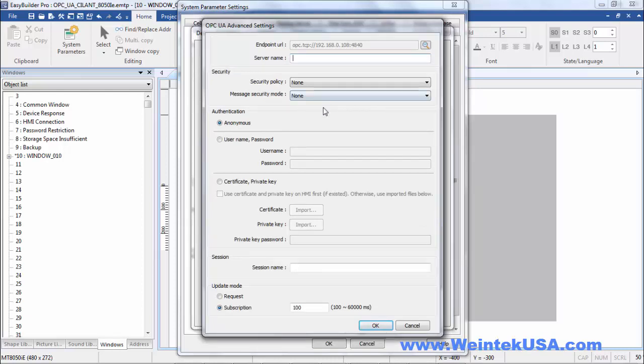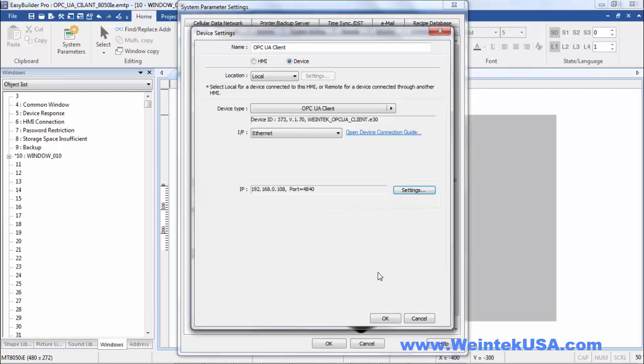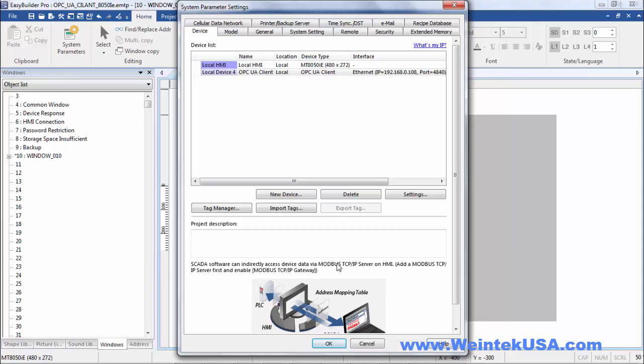And we're doing no authentication. But if we had a username or password set up, we would want to get that information from our security settings in our other project. Click OK and OK. Now we need to bring in the tags from the